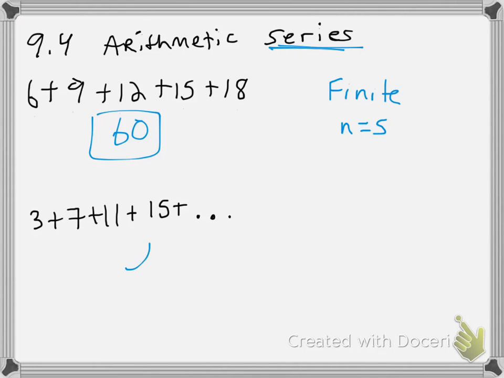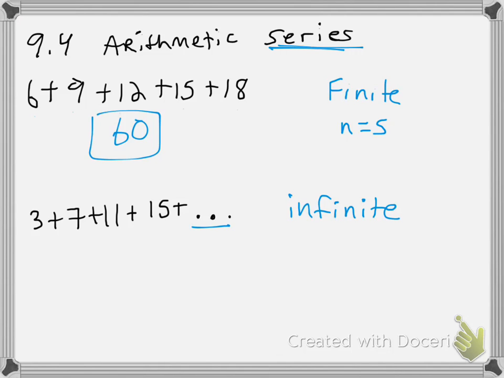Now, what about something like this? Well, these dots here mean that it's infinite. It goes on forever. We do not know when it stops. And so that makes our job a little harder. It's not too crazy, but we'll have to work on establishing limits of what we're trying to find the sum of. That complicates the matter a little bit, but for now, just be able to distinguish between finite and infinite, one that goes on forever and one that has a set number of terms in the sequence.